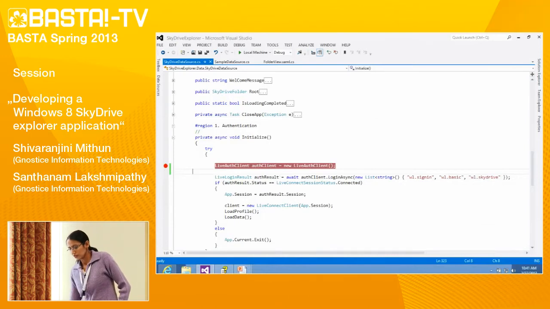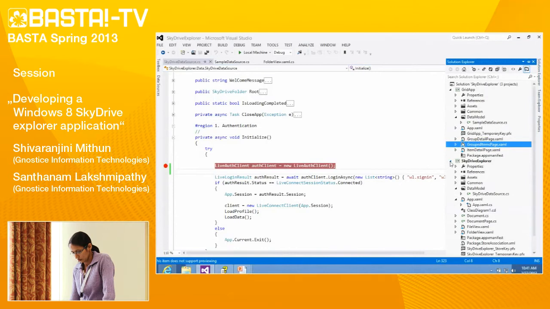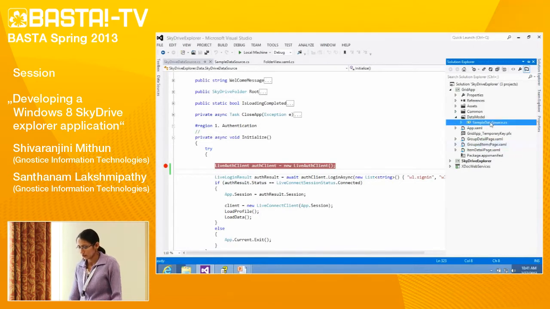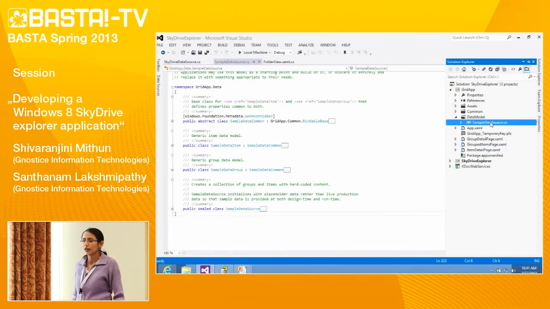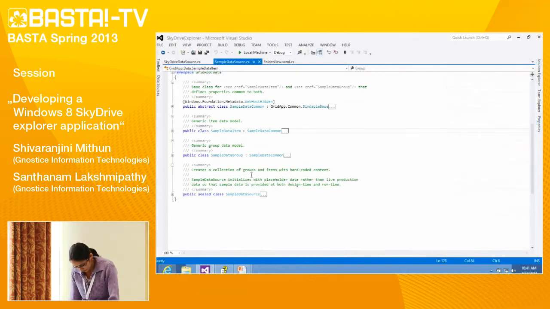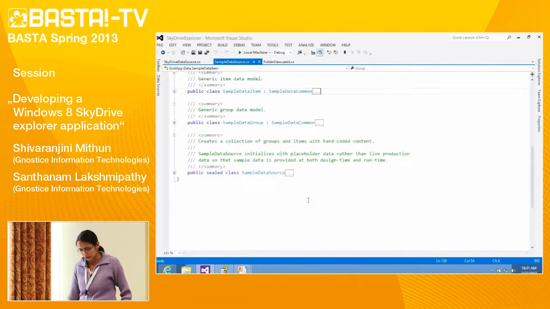If we go to the standard grid app project, there is a data model folder. Under that we have the SampleDataSource class file, which has several data source classes.